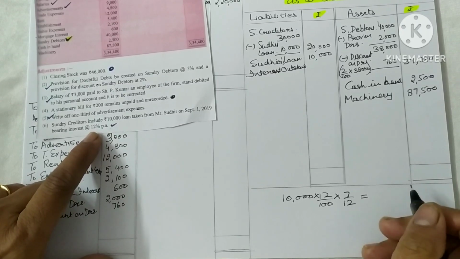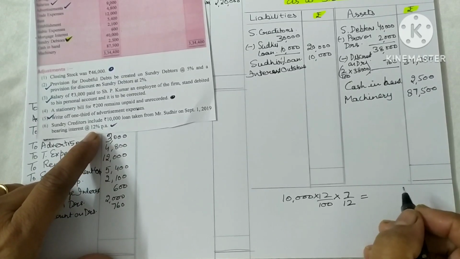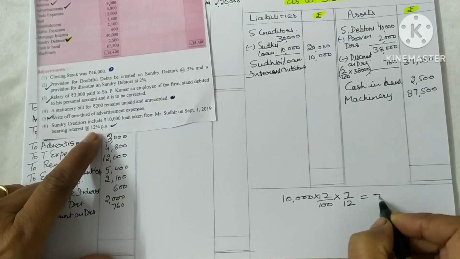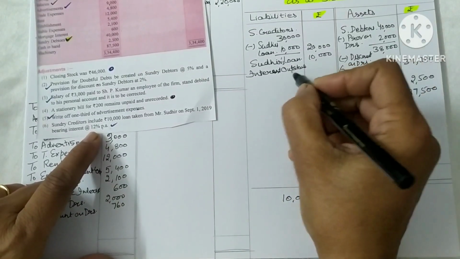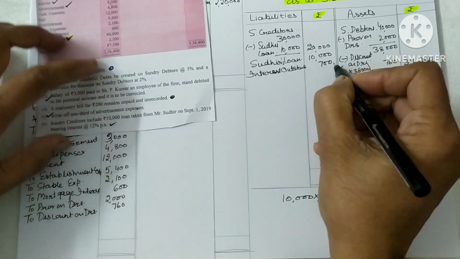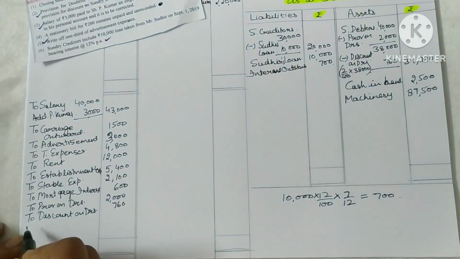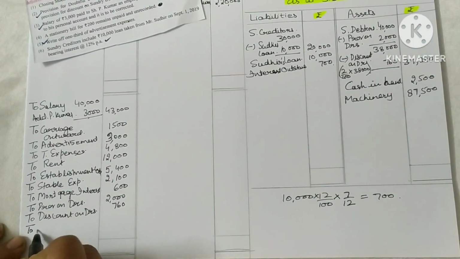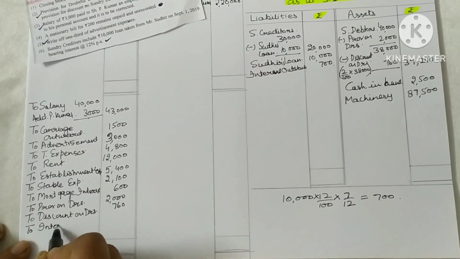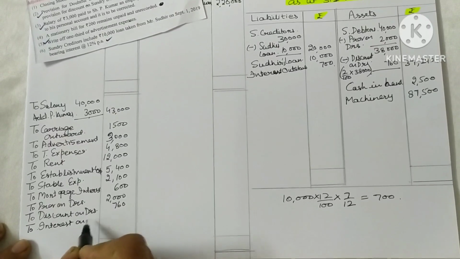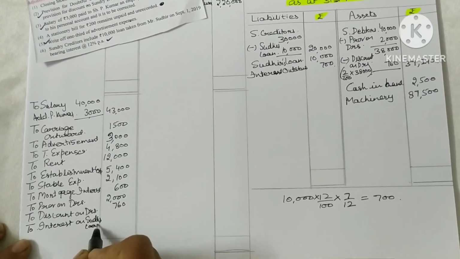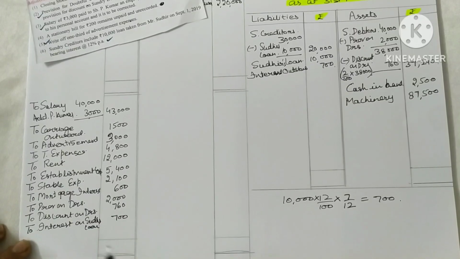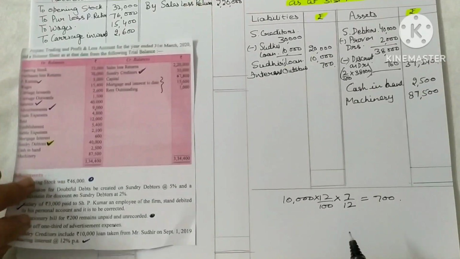This is equal to 700. Okay, interest outstanding on Sudhir's loan is 700. In the P&L account also you have to show interest on Sudhir's loan, 700. Okay, next is